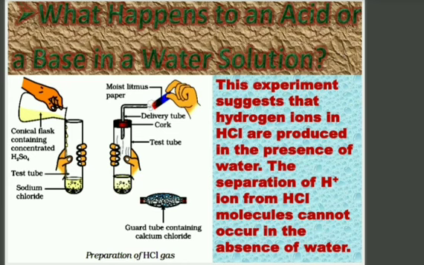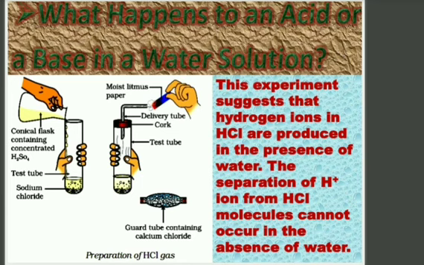Now here is one more activity which shows that the presence of water is very essential for the conduction of electricity or for showing the property of any acid. Here we have taken two test tubes. One contains concentrated H2SO4, meaning there is no water mixed in the first test tube, isn't it? And in the next, we have taken moist litmus. We have kept this concentrated H2SO4 and NaCl is also present.